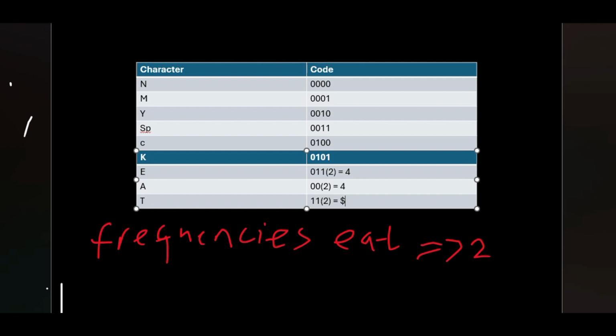Yes, the E is supposed to be 6, so let's work on that. It is 0 1 1, which is 3 bits by 2. 3 times 2 is 6, so let's do that. It's 6. Okay,